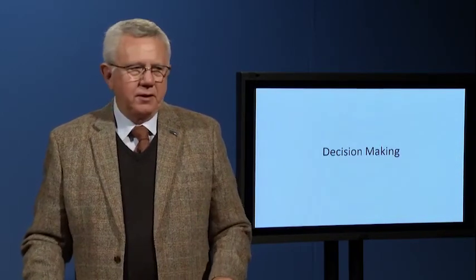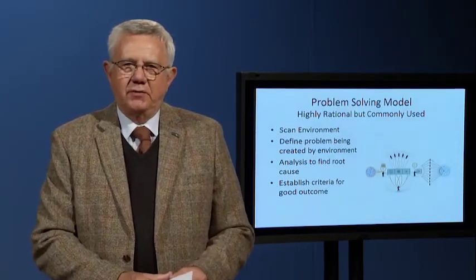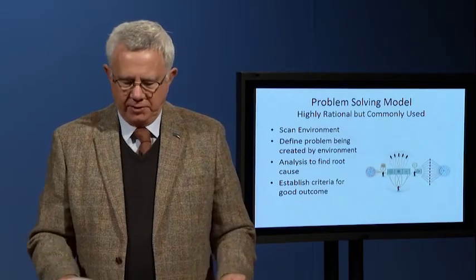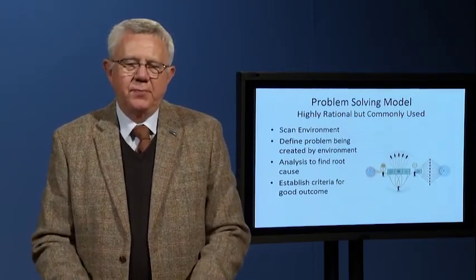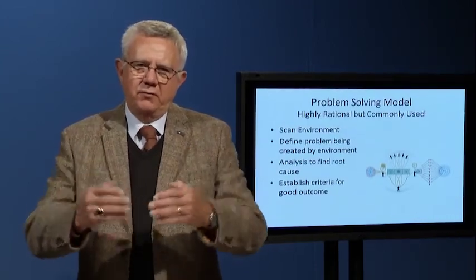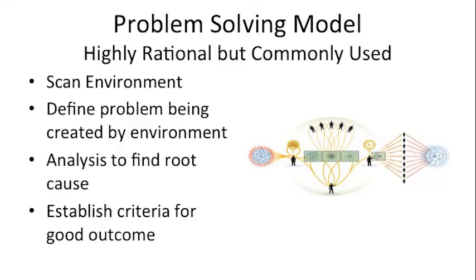So let's take a look at how we go about making decisions. And again, in your other courses, you've had management theory around decision making, so we're not going to go into this in a whole lot of detail. But this is a nice, clean model for you to be thinking about when you're presented with a problem. We ask that you scan the environment, so what's going on that's creating the problem. Then you come up with a nice, tight definition of what the problem is, and then you conduct an analysis of what's happening to try to find out what the root causes of the problem are. Then you start to establish clear criteria for a very positive outcome.